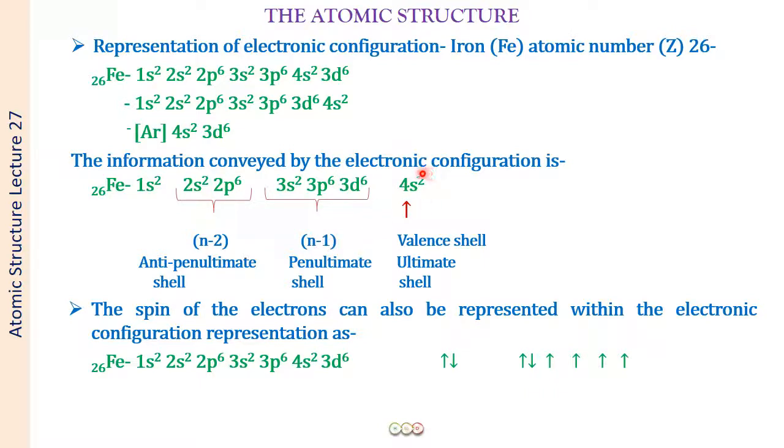Okay. So if this is n, the orbit which has n equal to 3 is called the penultimate shell. And then the n minus 2 shell is called the anti-penultimate shell. So you have to remember: the valence shell, the penultimate shell is n minus 1, and the anti-penultimate shell is n minus 2. Okay, and then the spin of the electrons, as I told you, can be represented along